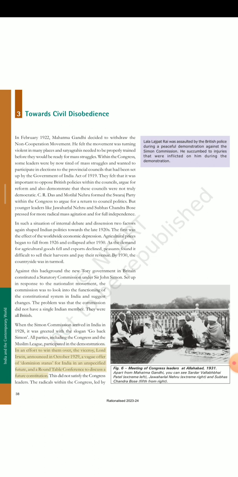In an effort to win them over, the Viceroy, Lord Irwin, announced in October 1929 a vague offer of Dominion status for India in an unspecified future and a round-table conference to discuss a future constitution. This did not satisfy the Congress leaders. The radicals within the Congress, led by